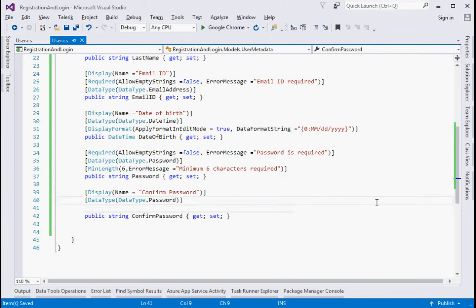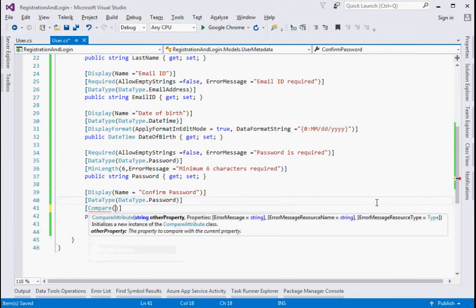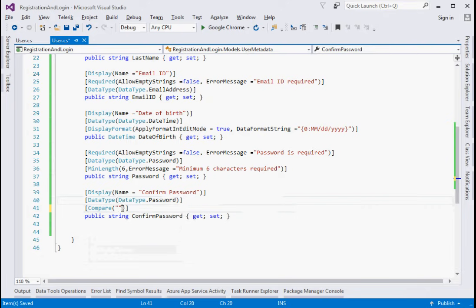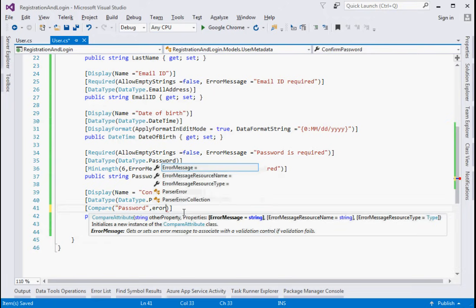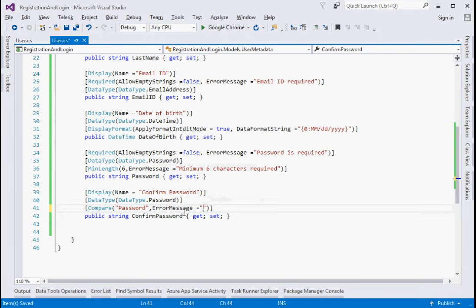Here I will add the Compare validator, the other property is Password, and then the error message "Confirm password and password do not match". Okay,